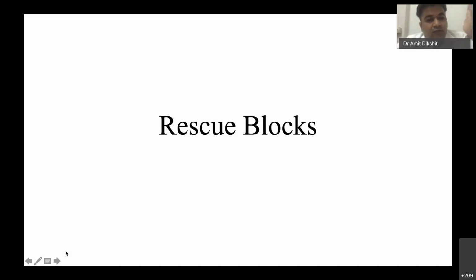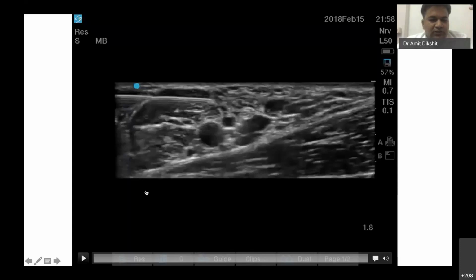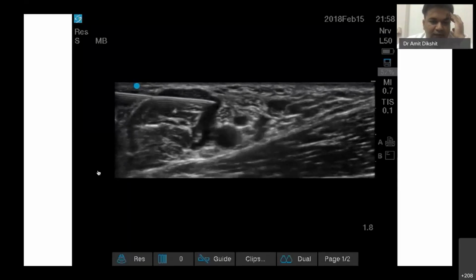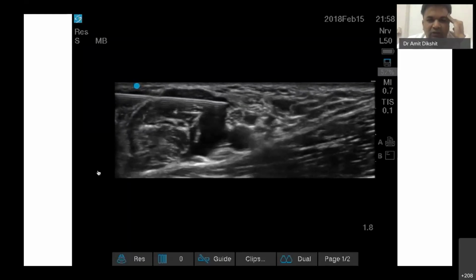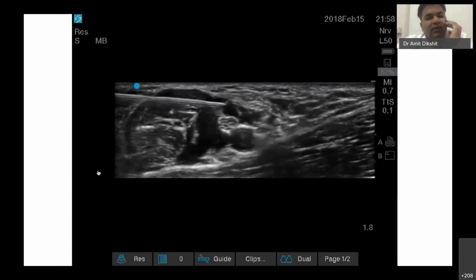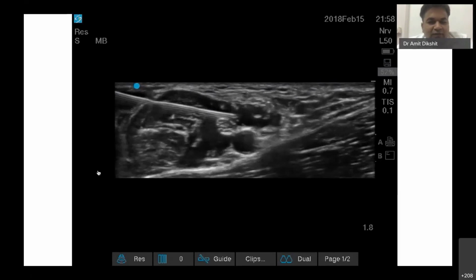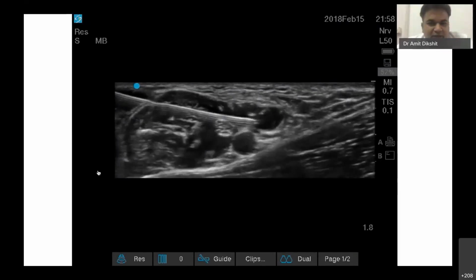But if you have a better understanding of ultrasound sonoanatomy, you can always do a rescue block. My preferred rescue block is most of the time an axillary block, because you can see the median, radial, ulnar, and musculocutaneous nerves. This is a very well-known ultrasound guided block around the axilla, and with high definition ultrasound and easy reproducibility, with a little practice of 1 or 2 hours, one can train residents into very specific and safe delivery of anesthetic.